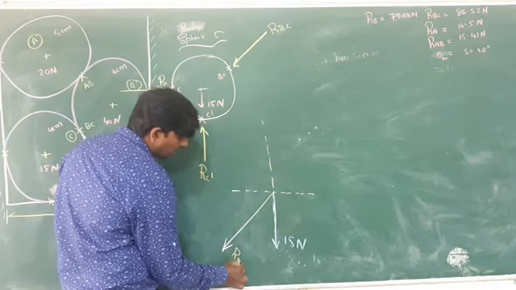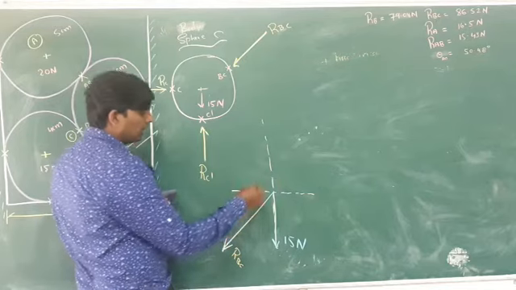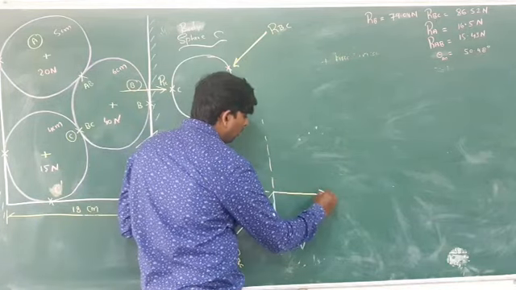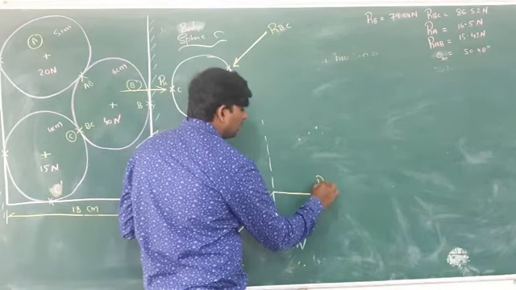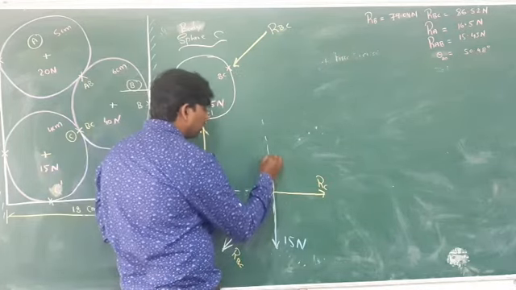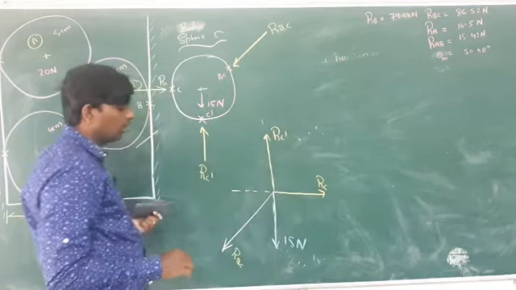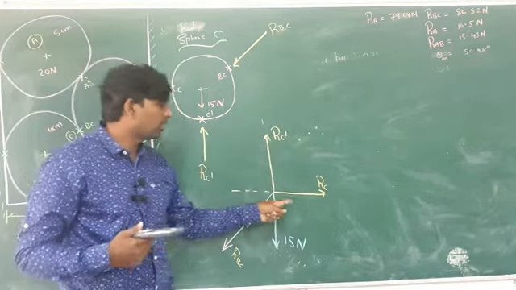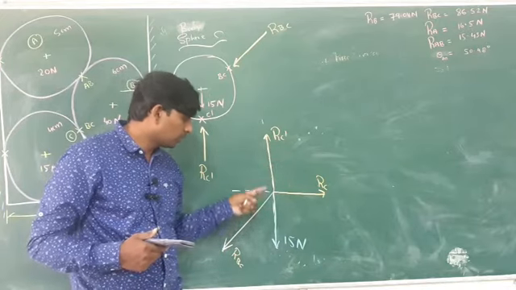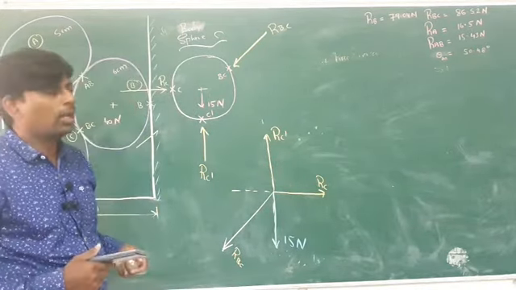Here you will get the RBC. And in this, you got the value of RC. Here this is the RC. And above, if you consider this one, above you consider RC dash. This is the RC, this is the RC dash, this is the 15, and this one is the RBC.